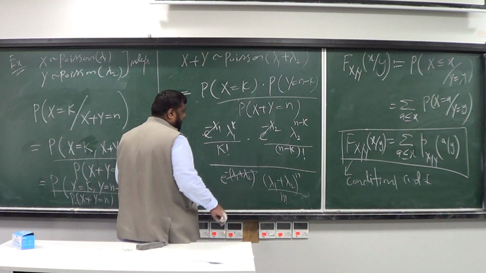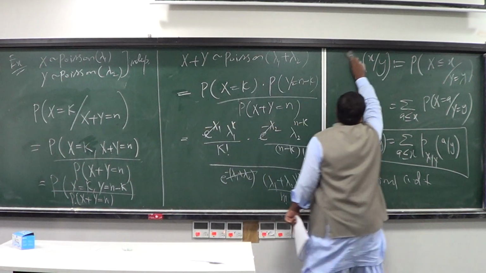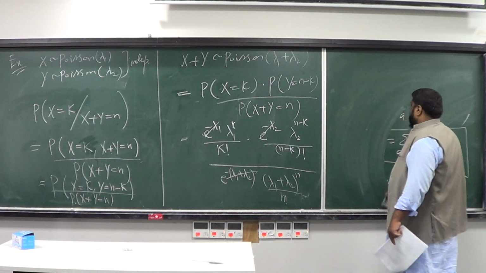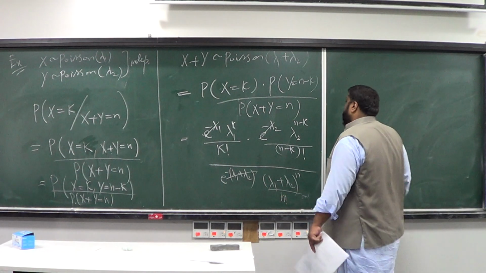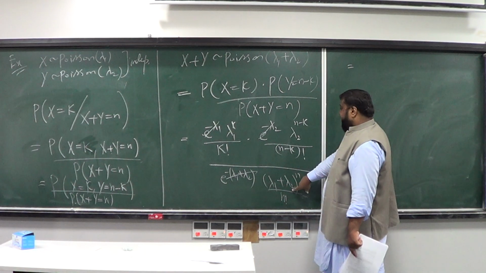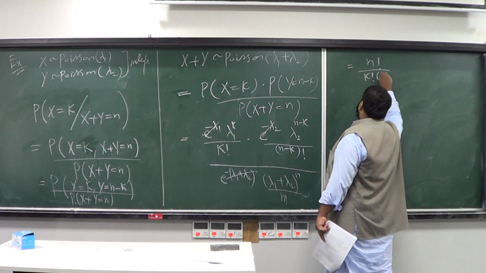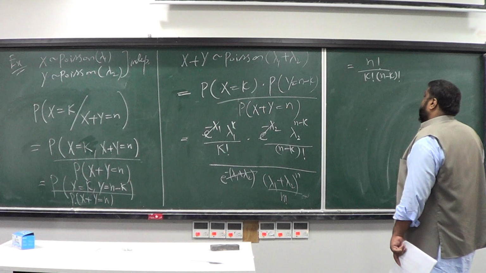Okay, so they'll not cancel out, but they'll get this particular form actually. So what would be the simplified version of this? The simplified version of this is going to be n factorial divided by k factorial and n minus k factorial times